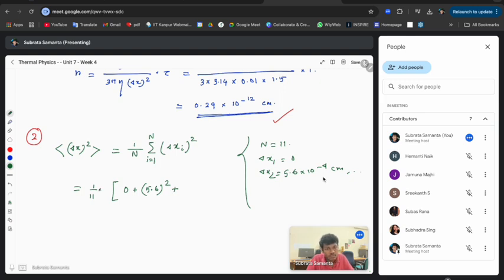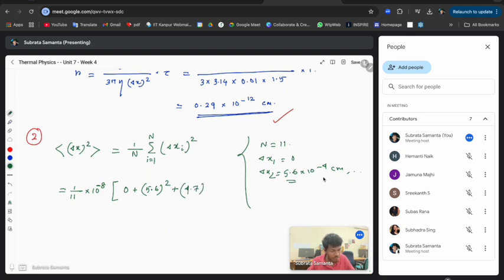The square of it is 10 to the power minus 8, right. So, 1 over 11 and 10 to the power minus 8 outside of the bracket, and inside the bracket is 0 plus delta x1 5.6, so delta x2